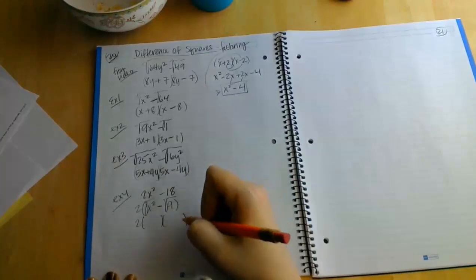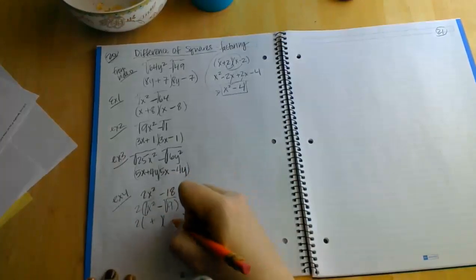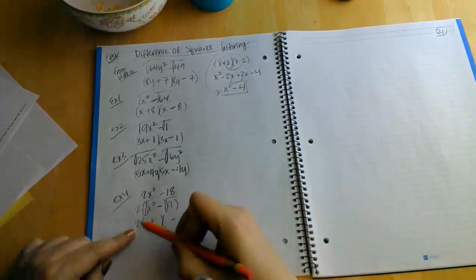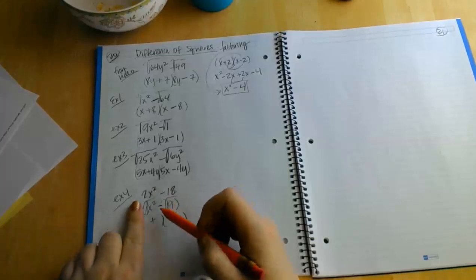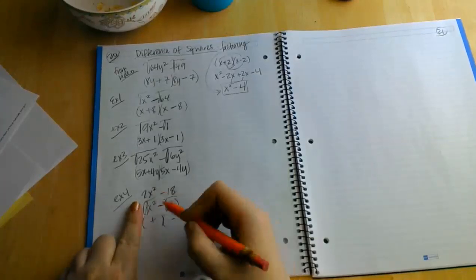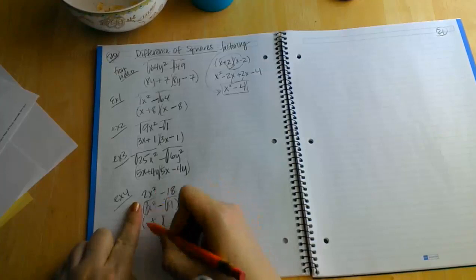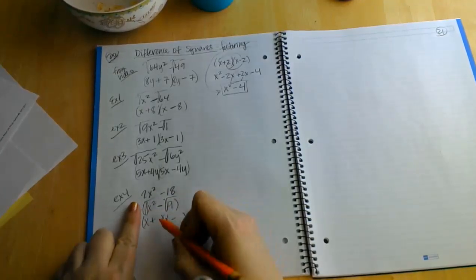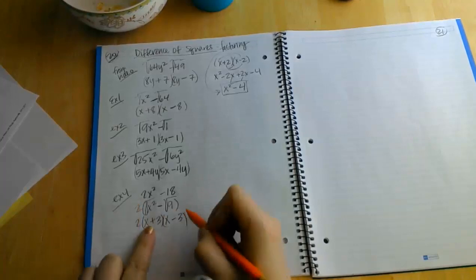So I'm going to do my factor parentheses around it, right? I'm going to put the 2 straight down because I don't want to forget that it's there, but I'm kind of ignoring it, right? And I'm really only dealing with these guys. The square root of x squared is x, and the square root of 9 is 3. And remember, again, I got one that's a plus and one that's a minus.